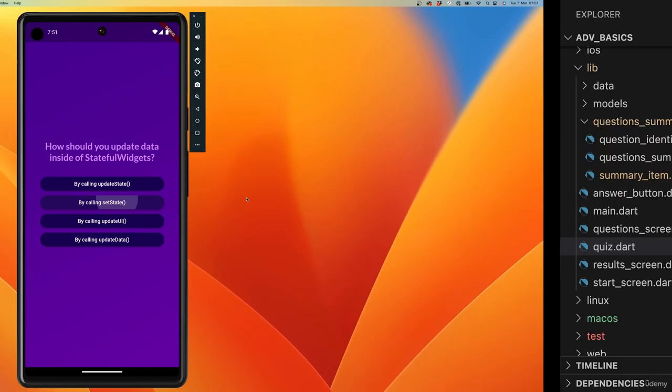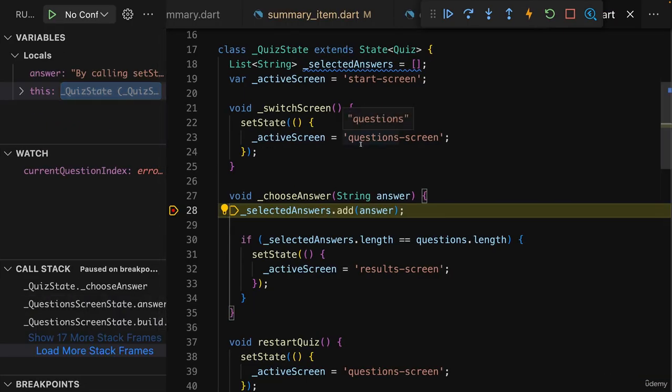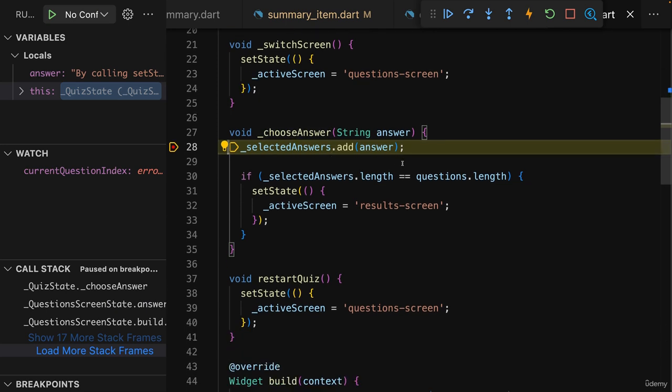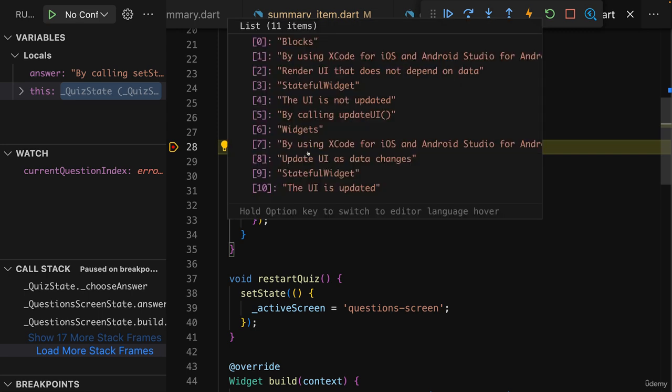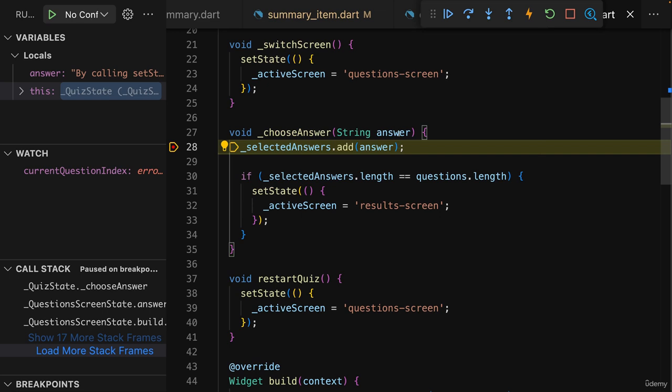And with that, I'll answer this last question. And now it pauses here in choose_answer. And here we can of course also take a look at the various values we have here. For example, the answer that was selected, and then add selected answers. And here we can see a problem. We got a super long list of selected answers here. And keep in mind that we only had 6 questions, but here we have 11 answers already,